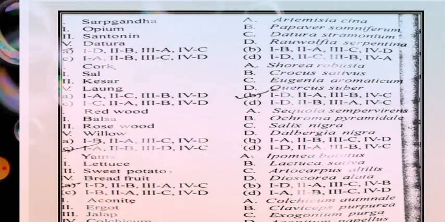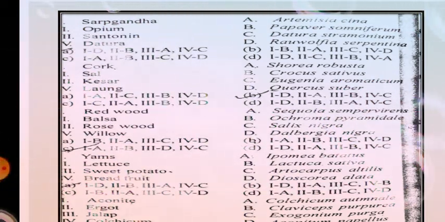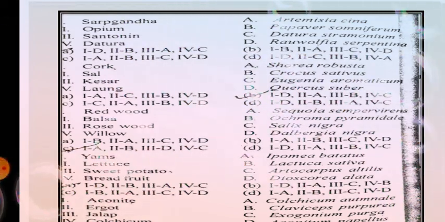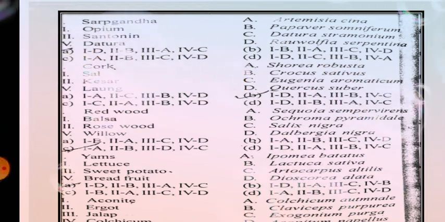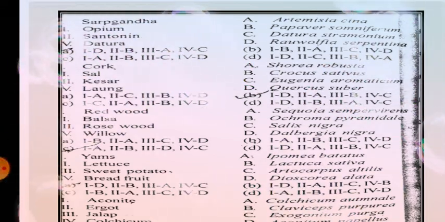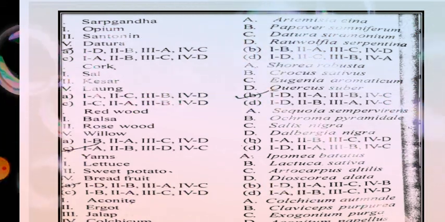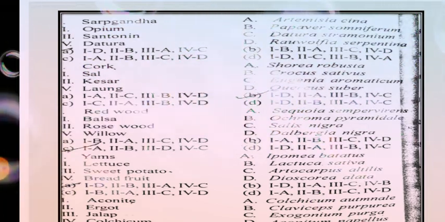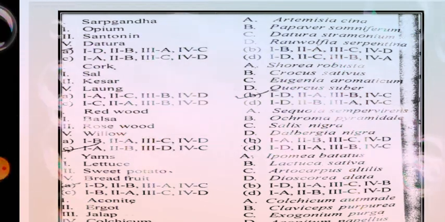So B is correct with C. Sorry, the fourth one is matched with D. So in the case of the two options C and B, you see that the fourth one is matched with D. 4 is matched with D. So we just eliminate A and D.